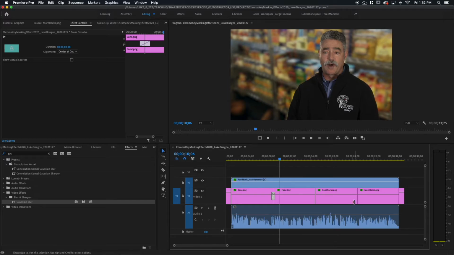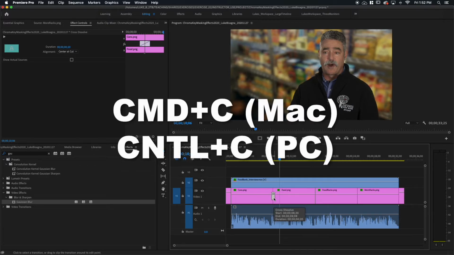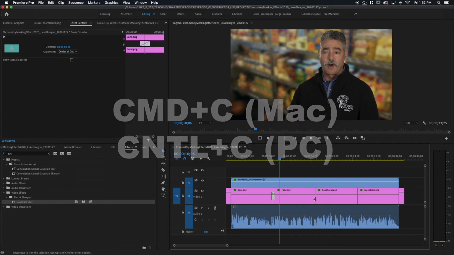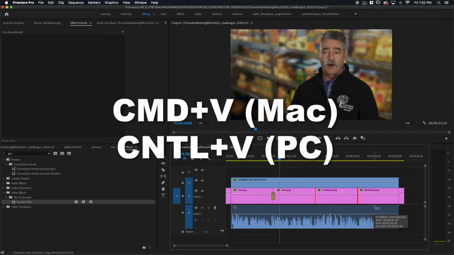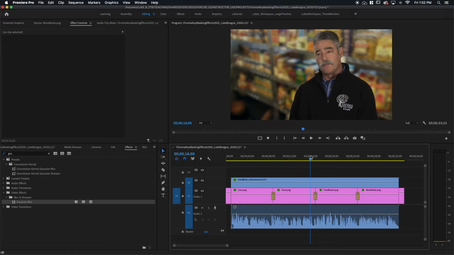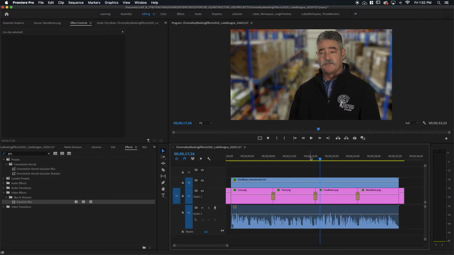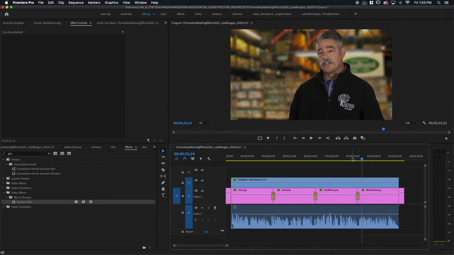Apply this to my other cut points. Instead of going through and applying it and then double clicking and changing the length of every single one of them, instead what I'm going to do is select this transition and copy it, Command or Control C, and select my other two cut points here, the first one and then hold down Shift and select the next one and hit Command or Control V to paste that same transition onto them. Super quick, super easy. Looks way better, much more professional. Oh yeah, nice.